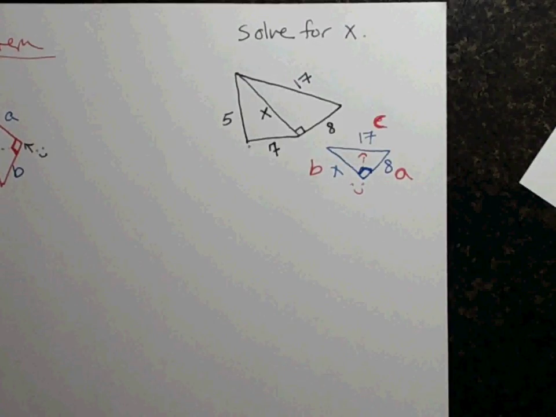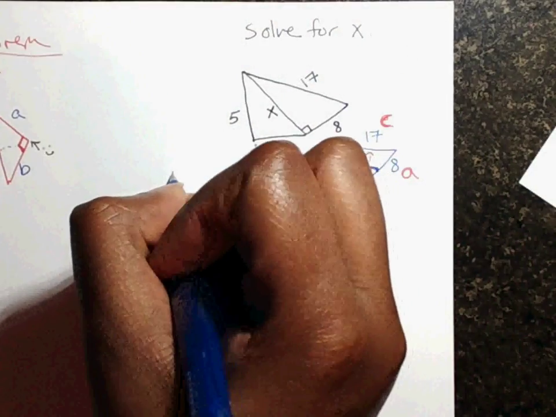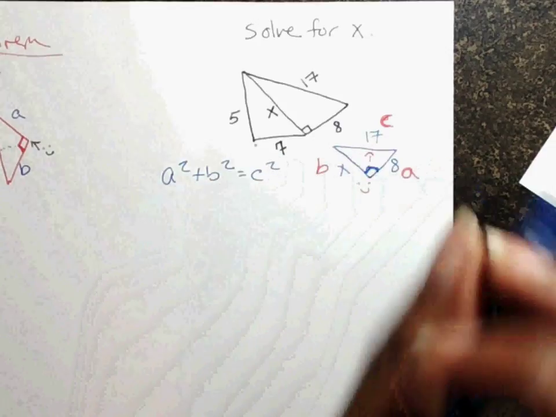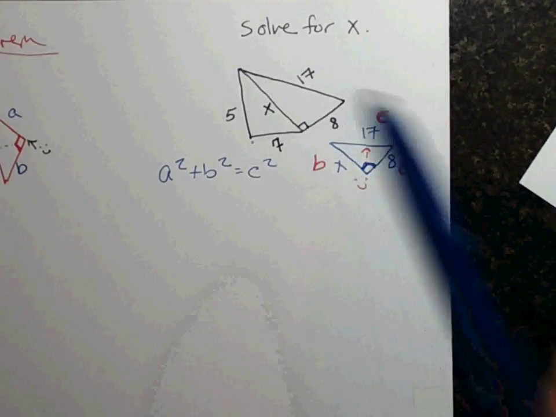Okay, time to do some math. My Pythagorean Theorem is A squared plus B squared equals C squared. Now, I have to substitute in my